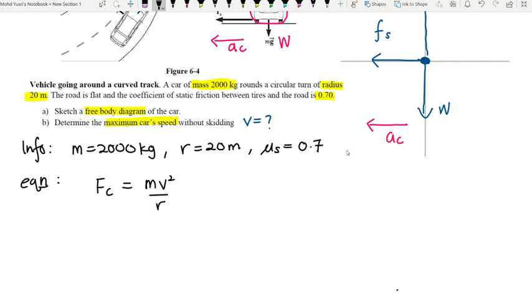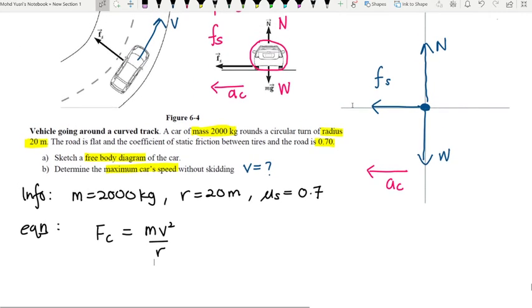So, untuk kita cari centripetal force, kita kena tengok apa dia force yang bertindak along the radius of the circular path. Dalam kes ini, kita nak tengok x axis. Hanya ada satu sahaja force that acted along the radius of the circular path, which is friction. So, saya boleh tulis balik equation ini sebagai friction sama dengan